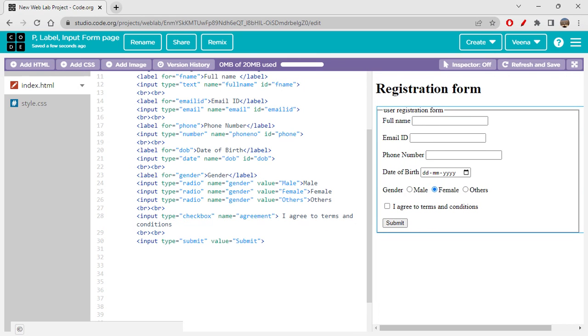Okay. Then we have input type checkbox and the name as agreement, right? And then I'm writing I agree to terms and conditions. And lastly, we are writing the submit button. Okay. So this is all for the registration form, right? But not only these things, if you want to give more and more elements into this, absolutely you can add,